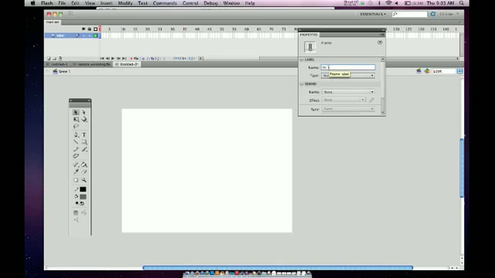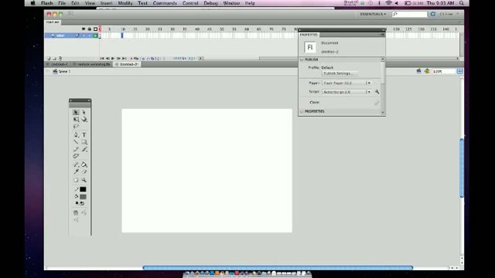This is going to be where our animation starts. We're going to make a ball bounce, and we're going to start with the ball up in the air, so up 1. When I deselect, you'll notice a little red flag appears, and that means I have a proper frame label. To make a new frame, I'm going to go to 10,